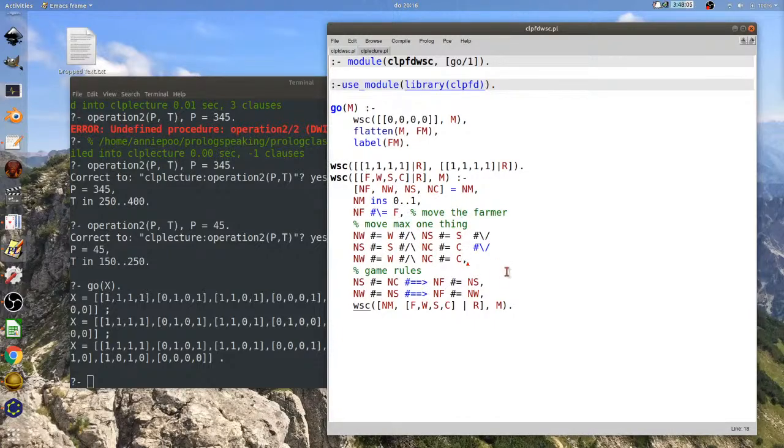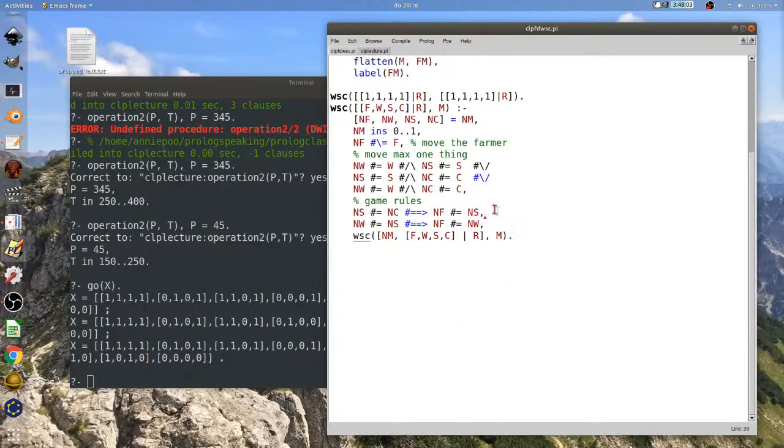Now, there are also a couple of other rules. If the sheep and the cabbage are together, then that implies that the farmer is with them, right?